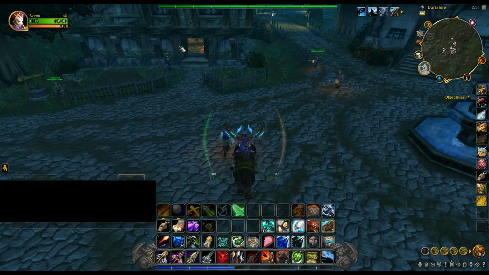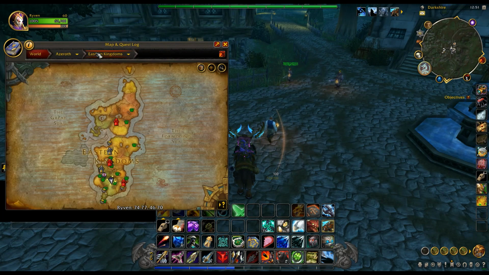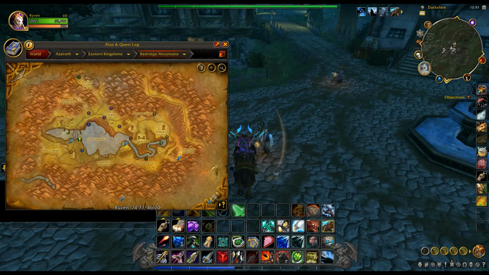So, I started out in Redridge Mountains. I looked up what areas you could gain rep and went through the entire storyline for Redridge Mountains. Almost everything grants you a reputation with Stormwind, at least 275. Some things offered more. There were very few quests, if any, that offered less than 275. So, literally, I just made not even a full circle, just kind of a U around the